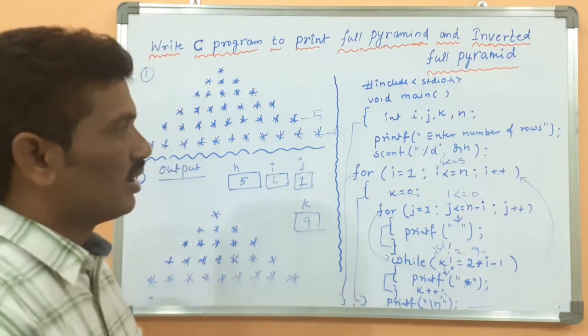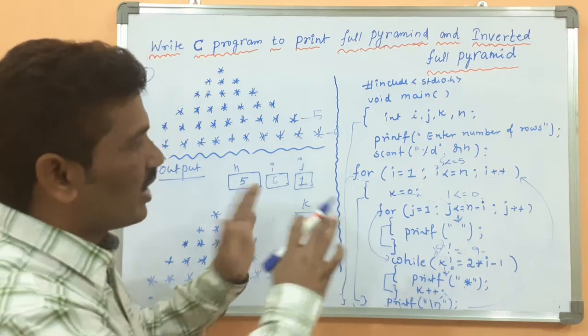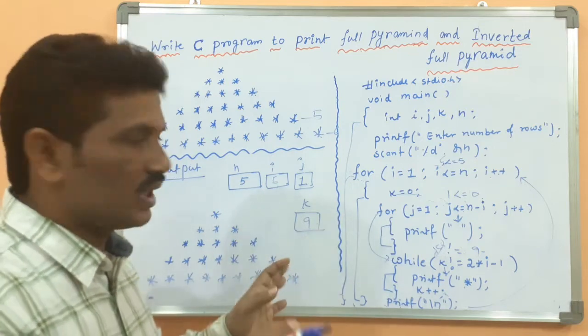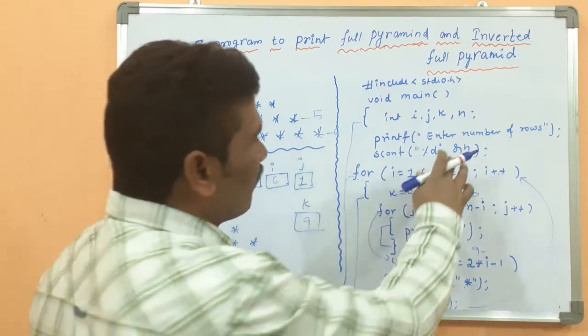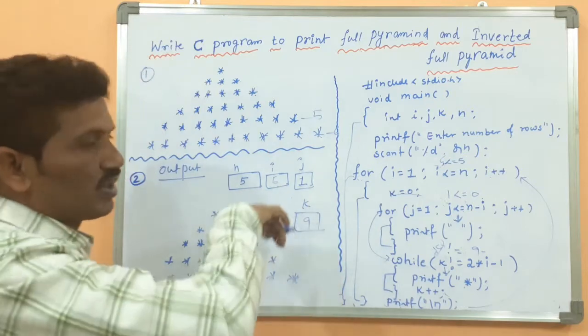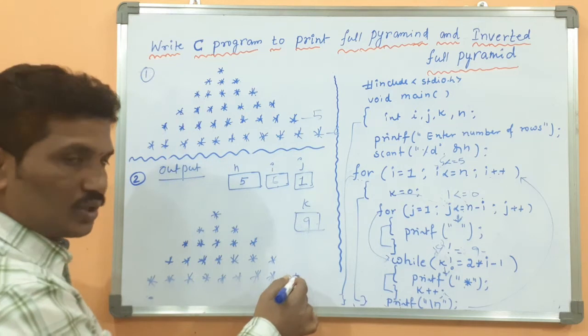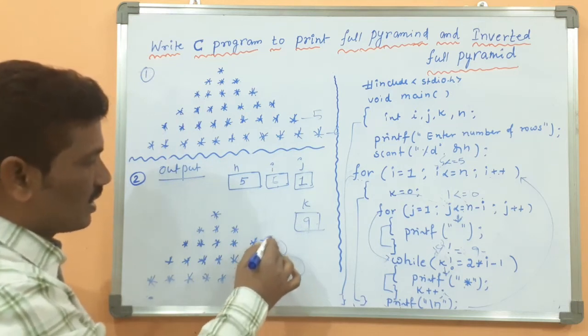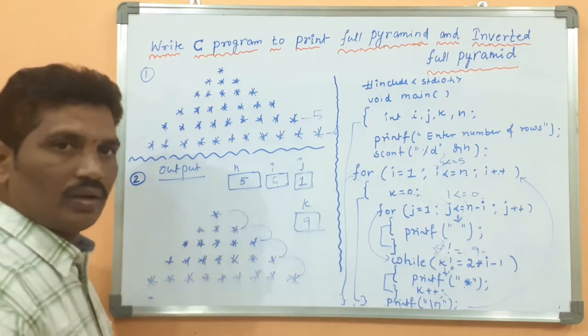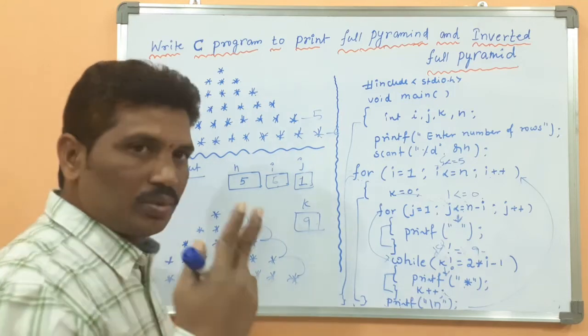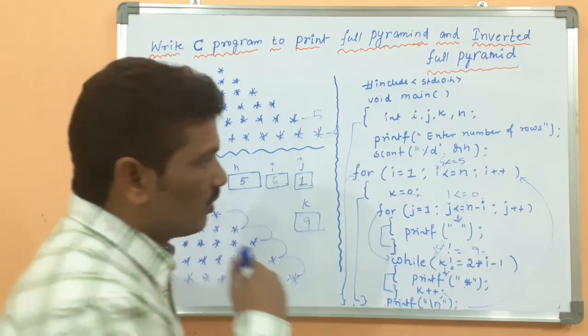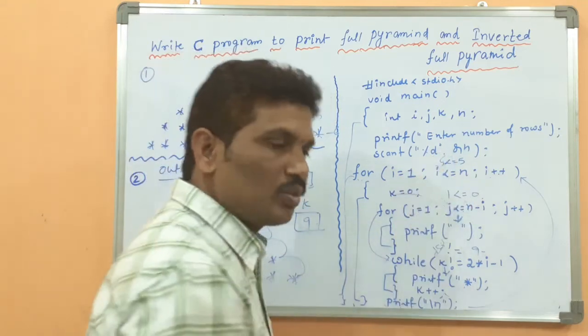Then inverted. Nothing more else. The small modification in that, I don't want to explain that concept. But here inverted means a reverse of this one. Reverse of the pyramid. First this one should be displayed, after this one, after this one, finally 1. Then each and every time 2 stars will be decreased. How is it possible?